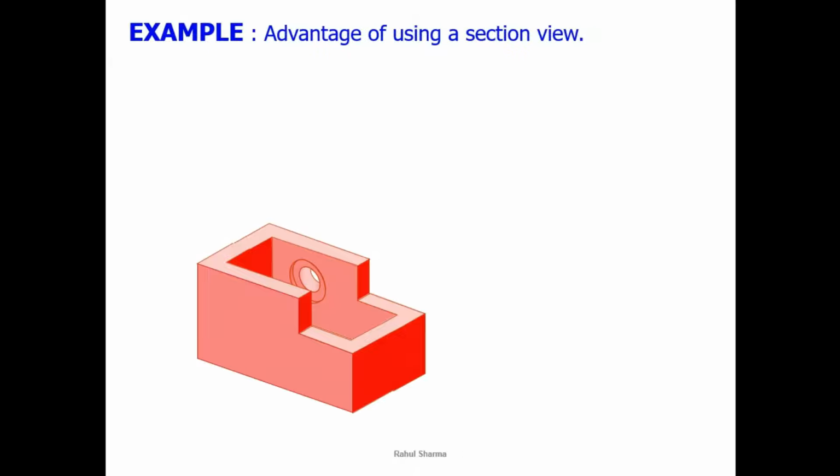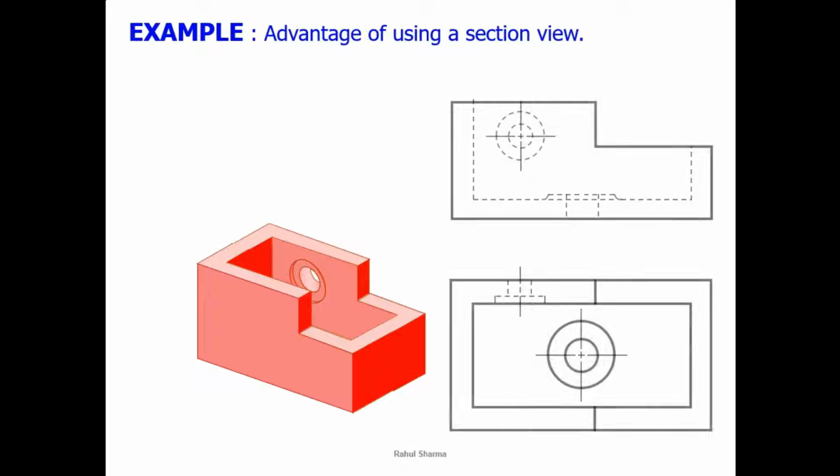For example, this object is given and this is the front view and top view of the given object without sectioning. Means from this side, you have these hidden edges for this internal edge and this circle as the hidden edge, because you are watching from this side. Same in the top view, for this circle a number of hidden edges are there. Now in this side I can say the internal shape is not clear. It might be a converging hole, a diverging hole, or a step diameter. So just to show the internal shape more clearly, what we do, we apply the sectioning.